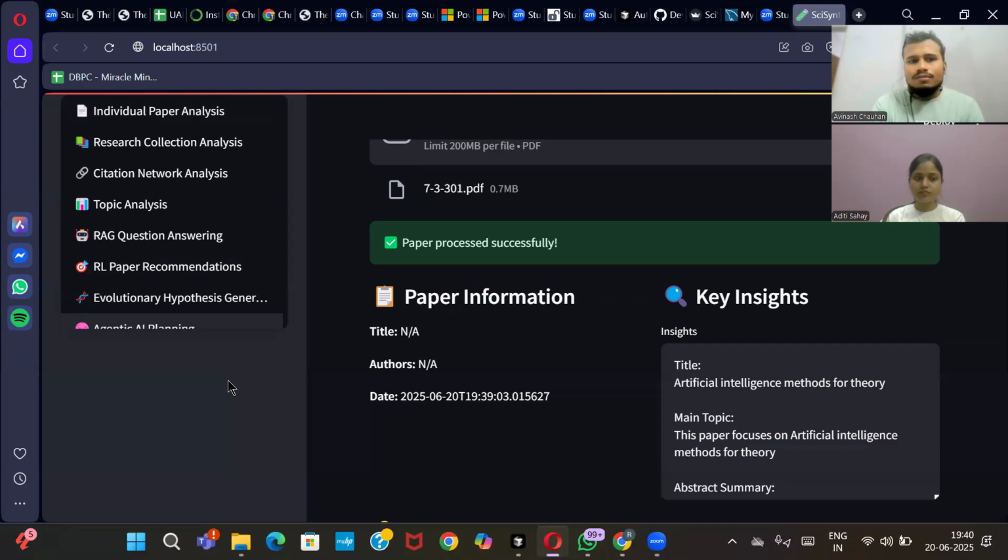But RAG, reinforcement learning, evolutionary AI, symbolic AI, these were not working. So for that reason, I have corrected this. So that select, basically why it is used means like